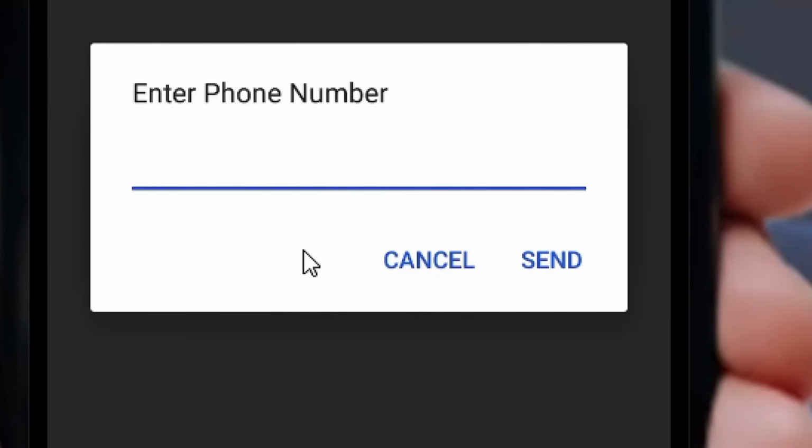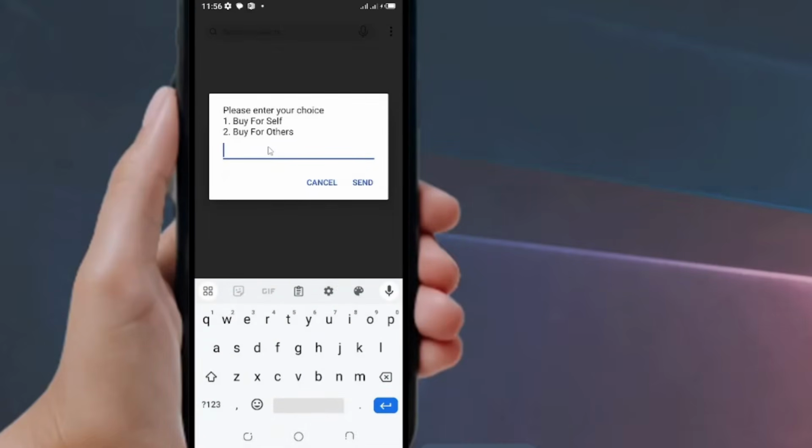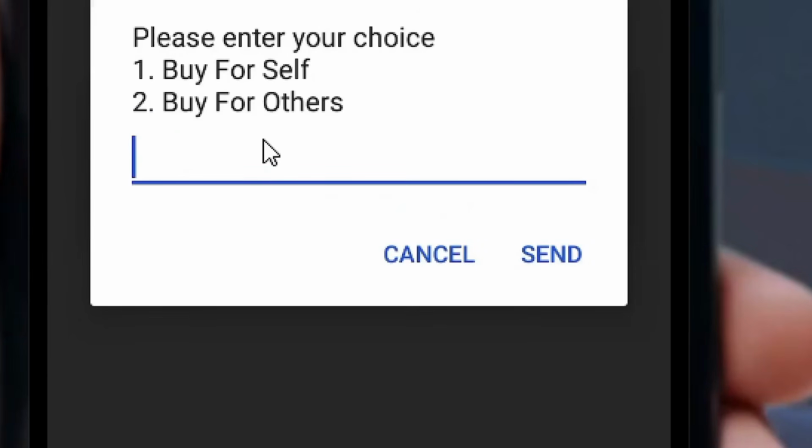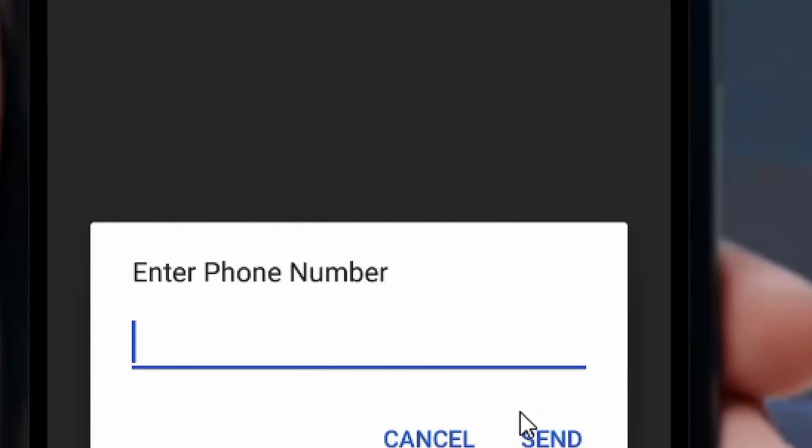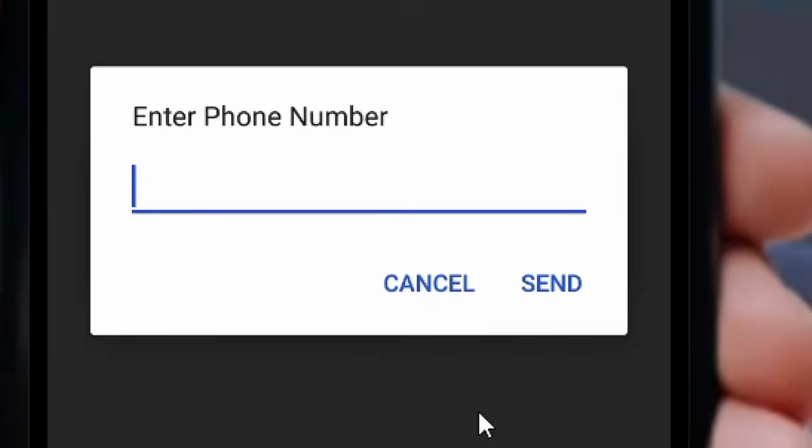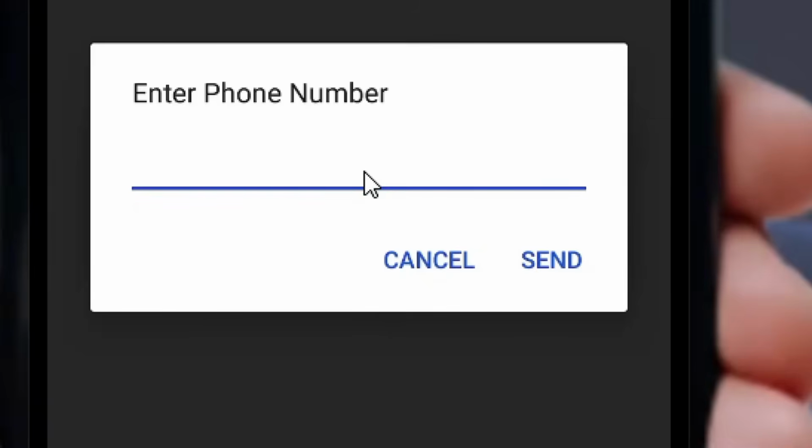And then send it directly to the person instead of you buying it on your mobile phone or on your MTN number before transferring it from your data balance. MTN does not allow that. The only option is for you to send the data directly or transfer the data directly from your airtime